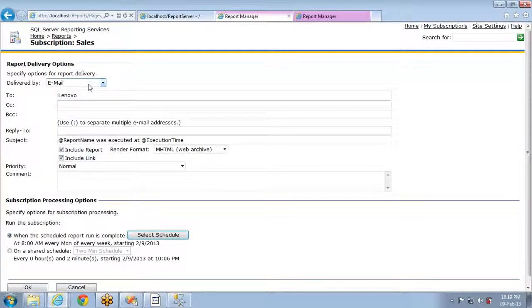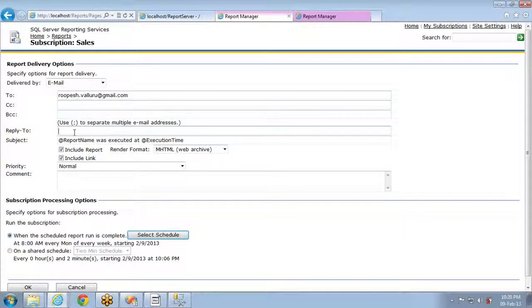I'm not sure whether the SMTP settings I have set there are correct or not, but I'll try to explain how to configure these email settings. If you configure the subscription using email, then it will send a mail to the person whose mail ID you have specified in the To, CC and BCC address. So let's say I'll give some gmail.com address, and you can give some other mail IDs if you want. You can add more mail IDs by using the semicolon separator.